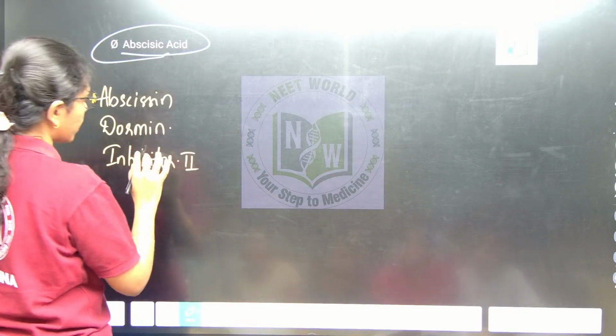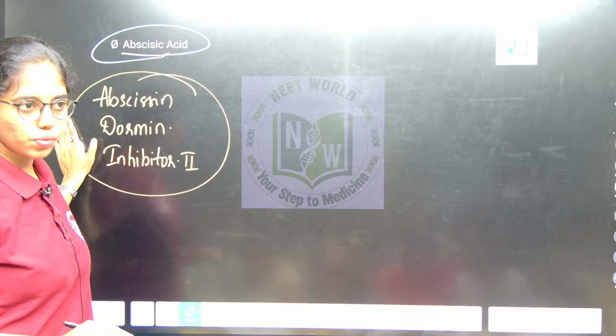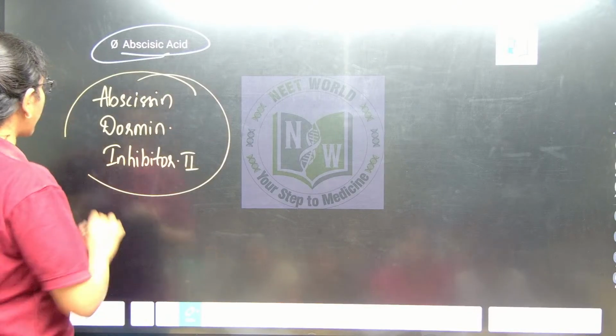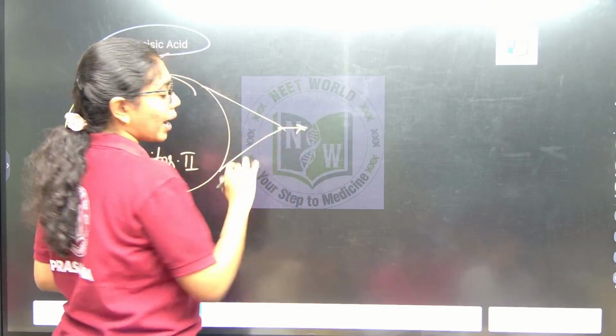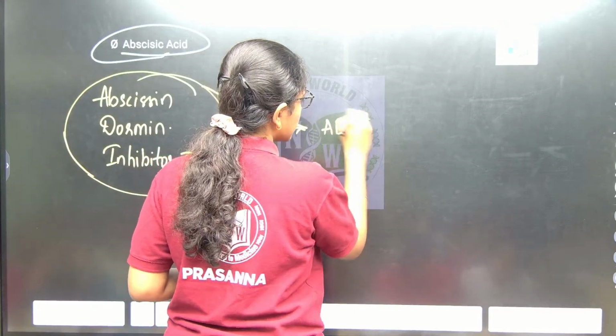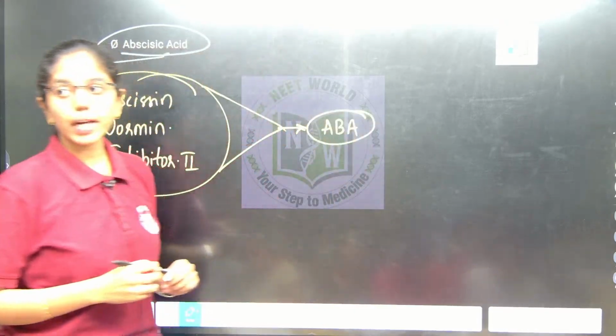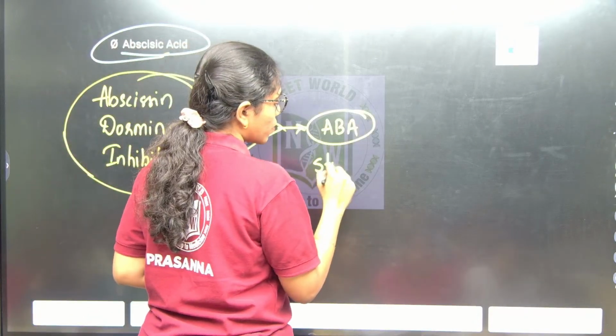Inhibitor 2 or inhibitor, like that 3 different compositions were discovered. Later they identified that all 3 are of one phytohormone only, that is abscisic acid, which is activated during stressful conditions. So, this is addressed as stress hormone